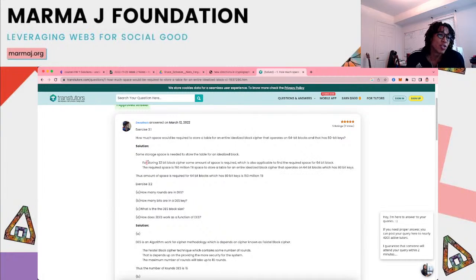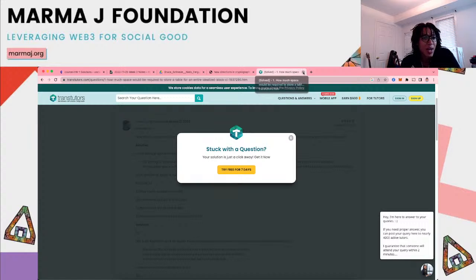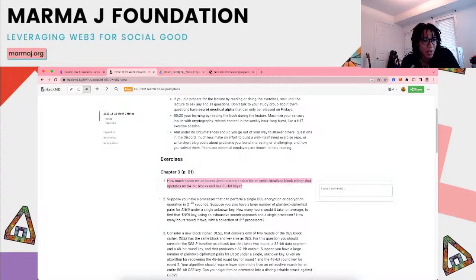So, first storing a 32-bit block cipher, some amount of space is required, which is also applicable to find the required space for this. That doesn't make sense so far. Let's keep going. The required space is 150 million terabytes of space to store a table for an entire block cipher that contains 64-bit blocks. See, they didn't actually... The amount required for 64-bit blocks, which has 80-bit keys, is 100 million terabytes. Yeah, I still, in my opinion, don't like how it's just kind of simple math. There's no written out answer. But anyways,